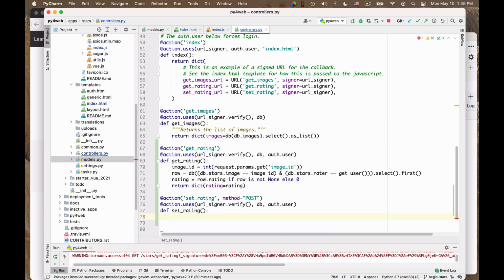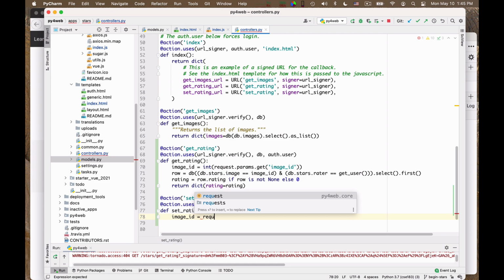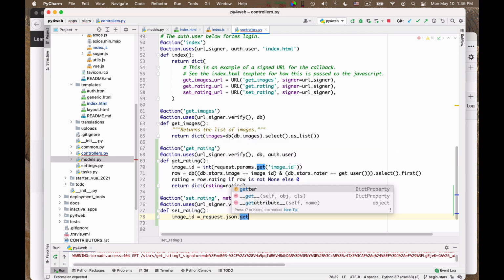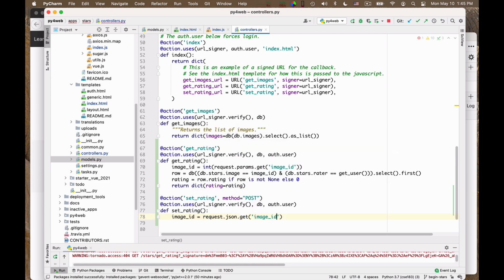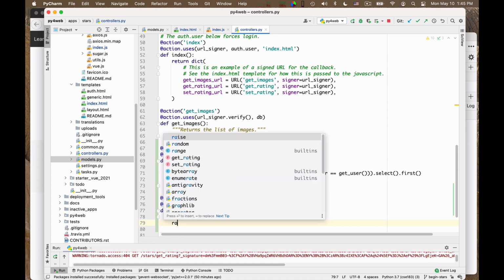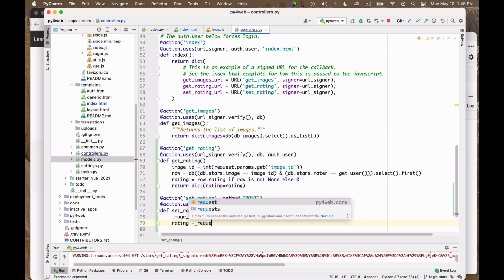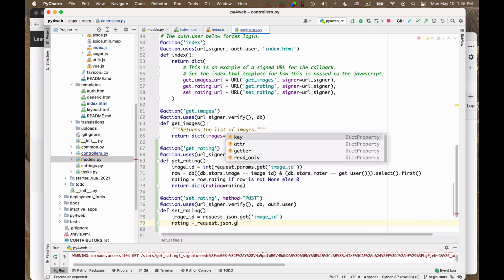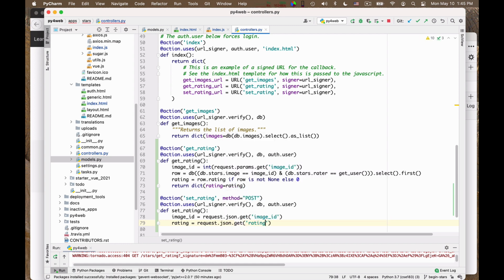Okay, so here the fun begins. So I fish out the parameters. Image ID is equal to request JSON get image ID. Rating is equal to request JSON get of rating. Okay, so now I finally have them.